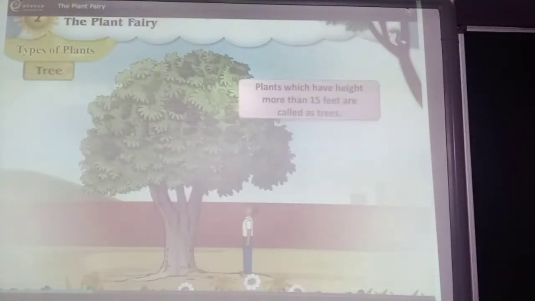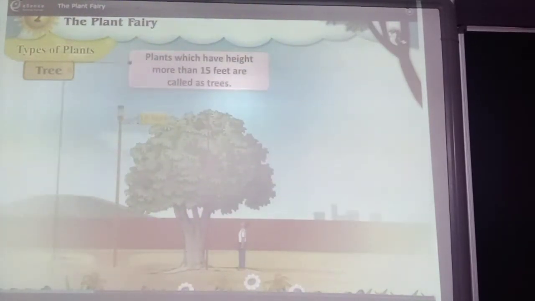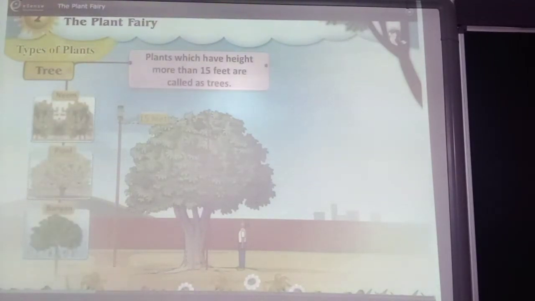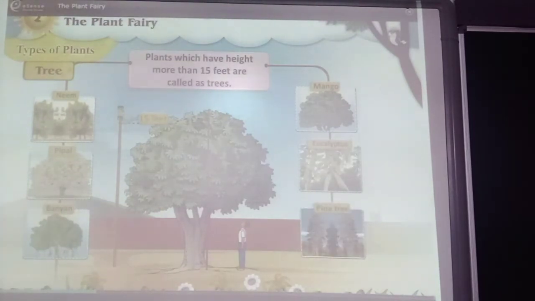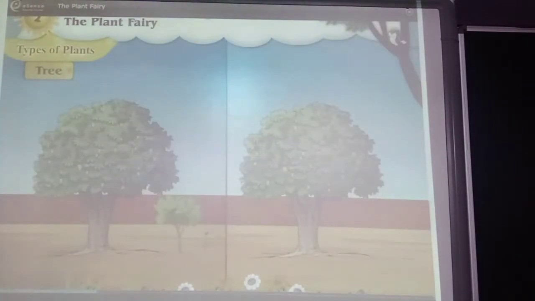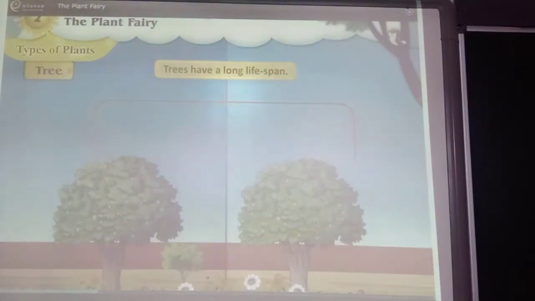Tree. Plants which have height more than 15 feet are called trees. Neem, peepal, banyan, mango, eucalyptus and pine are trees. Trees have a long lifespan. For example, teak,